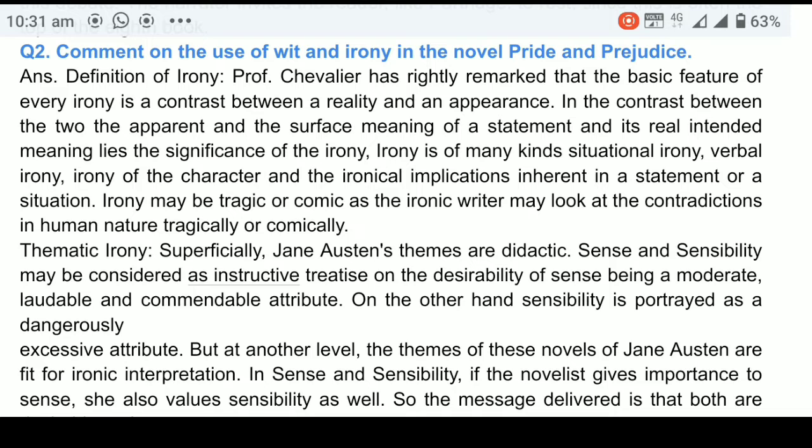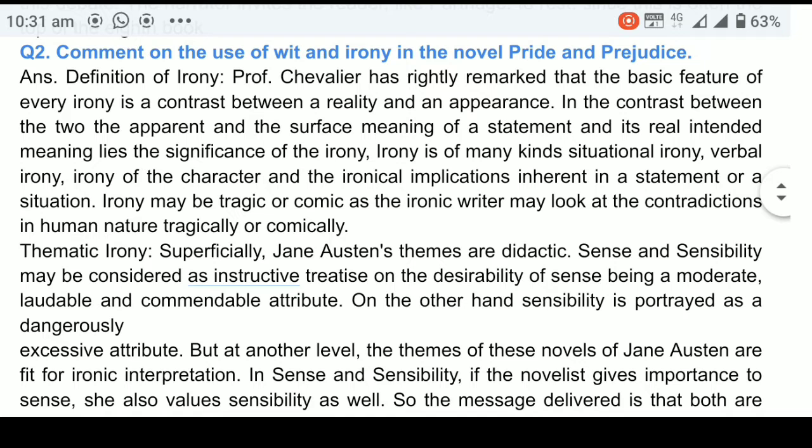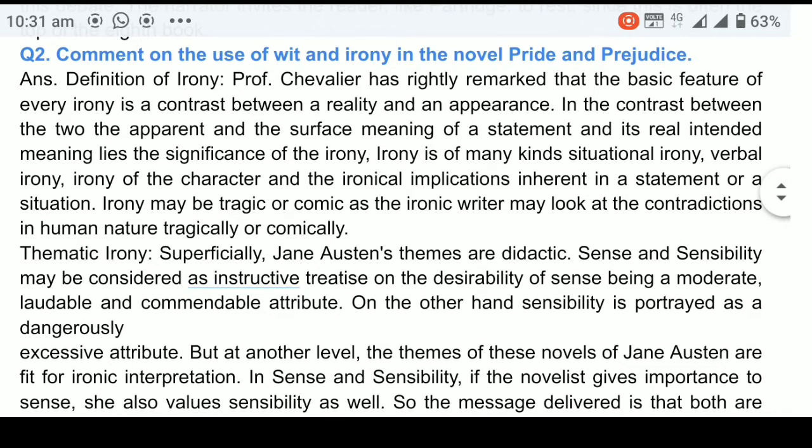वीडियो में क्वेश्चन नंबर 2 और क्वेश्चन नंबर 3 कराने जा रहे हैं। और आपका हमने पार्ट 1 में क्वेश्चन नंबर 1 और आपको पूरे क्वेश्चंस करा दिया हैं। आप वहां से देख सकते हैं पार्ट 1 का MEG03 ब्रिटिश नोबल का जो सॉल्व असाइनमेंट है, उसका पार्ट 1 में आपको क्वेश्चन नंबर 1 कराया गया है। और ये पार्ट 2 है जिस पर हम क्वेश्चन नंबर 2 और 3 कराने जा रहे हैं। तो दोस्तों, आपका क्वेश्चन है कमेंट ऑन द यूज ऑफ विट एंड आयरनी इन द नोवेल प्राइड एंड प्रेजुडिस।